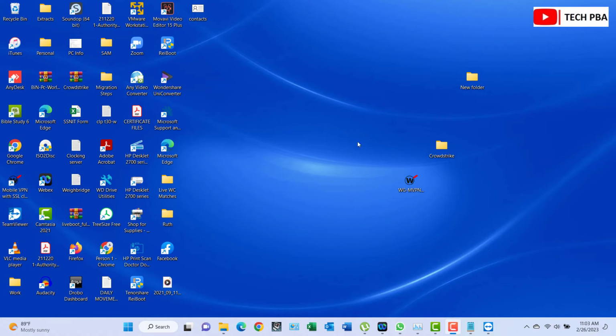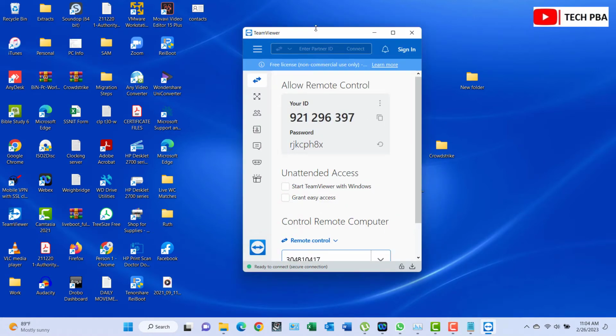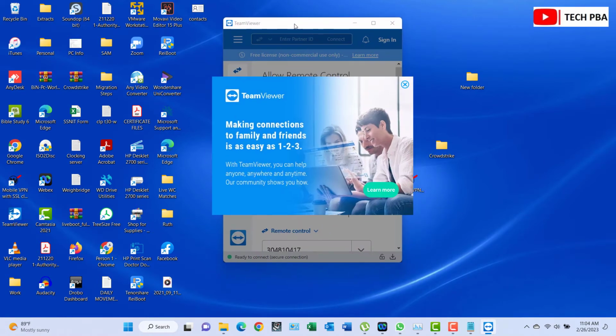Why do I say that? Because usually when you go into TeamViewer, it gives you random passwords. So if we quickly open TeamViewer and look at it,